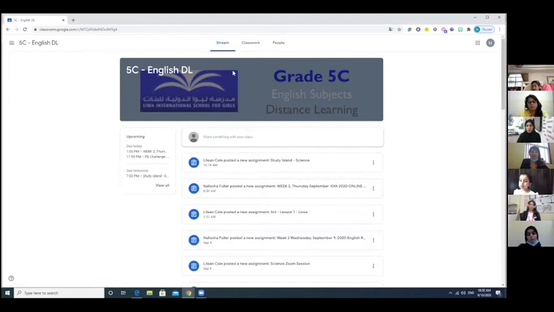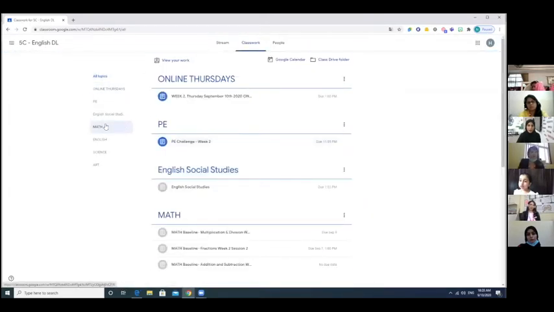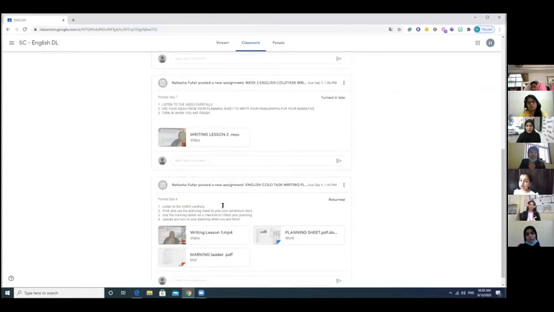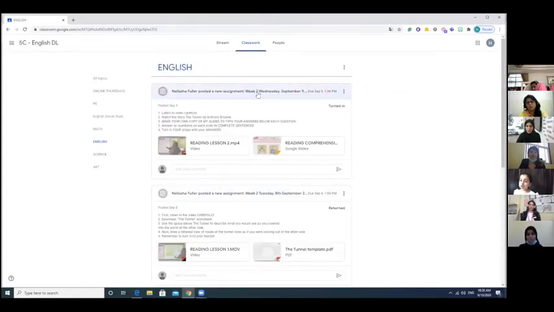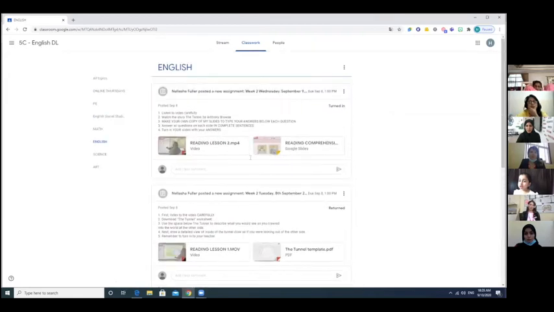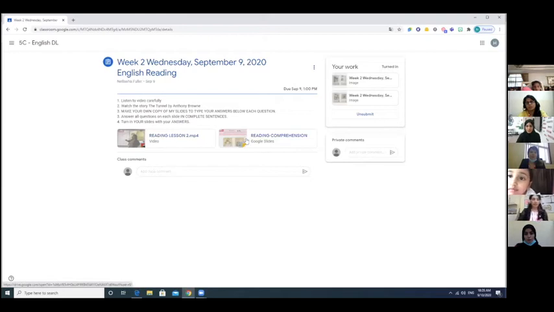الحين عشان يشوف الدروس بالضبط يروح كلاس وورك، هني بيشوف كل المواد الموجودة عنده. ممكن يضغط على المادة ويشوف كل الدروس اللي منزلة. طبعا الدروس معنونة بالأسبوع واليوم، مثلا week 2 Wednesday September 9 عشان يعرف الطالب بالضبط شو عنده اليوم. الحين أشوف الدرس عندي، أدخل أقدر أشوف الفيديو اللي المس نزلت لنا، أقدر أشوف إذا عندي ورك شيت،